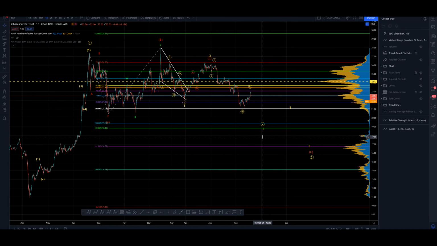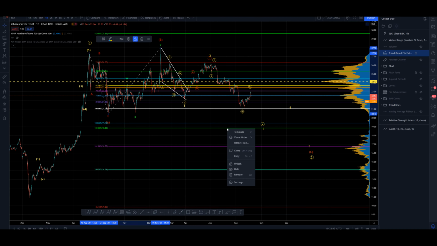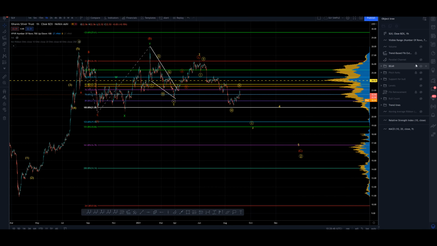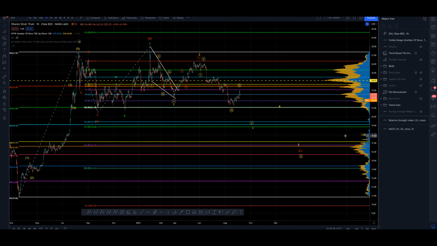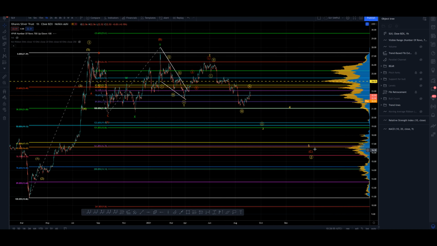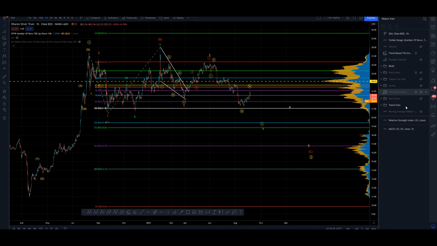But what I find compelling about this, let's keep that on the chart, is right around our 61.8% retracement level for our golden ratio. Here's our 61.8 here, and here's the 65, and here's this little node of volume. Right in between the two is this purple line, and that's the wave C extension target 1.618 for its maximal extension for an expanding flat. Falls right in the same territory, so that just feels like the price wants to return to here.